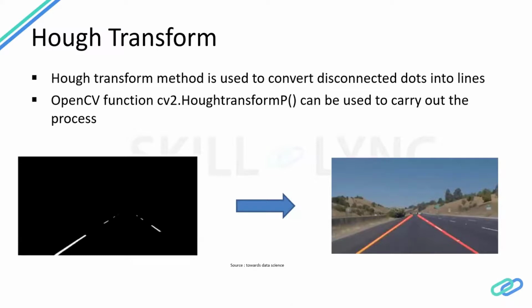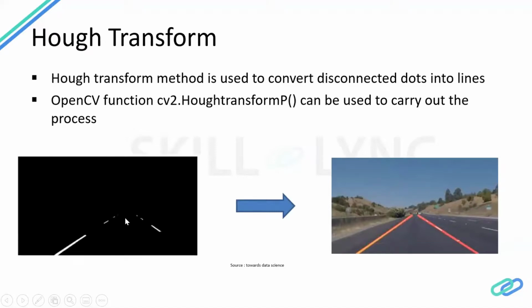Hough transform is one of the methods that is used to convert points into lines, into lines that are connected. In this image, it looks like the lanes are going to converge at one point, right? That's more like an illusion, but that's not the case. As you go ahead on the same road, the distance between them is most likely going to be the same. And so Hough transform enables us to convert these points that don't seem to be connected,